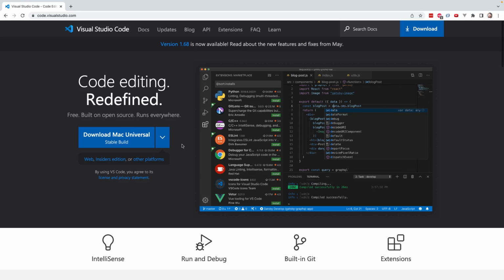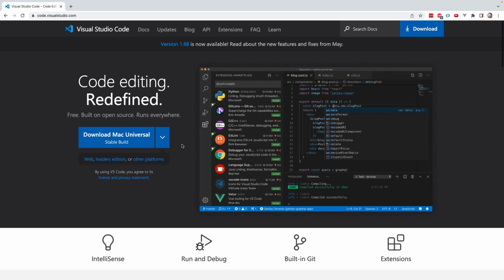The next tool that we want to install is Visual Studio Code, also known as VS Code. VS Code is a popular open source text editor developed by Microsoft and a team of global contributors. It's completely free, it's relatively easy to use, it has a bunch of great extensions, a bunch of great themes. All in all, it's a phenomenal choice for a text editor, and it works for all kinds of different languages